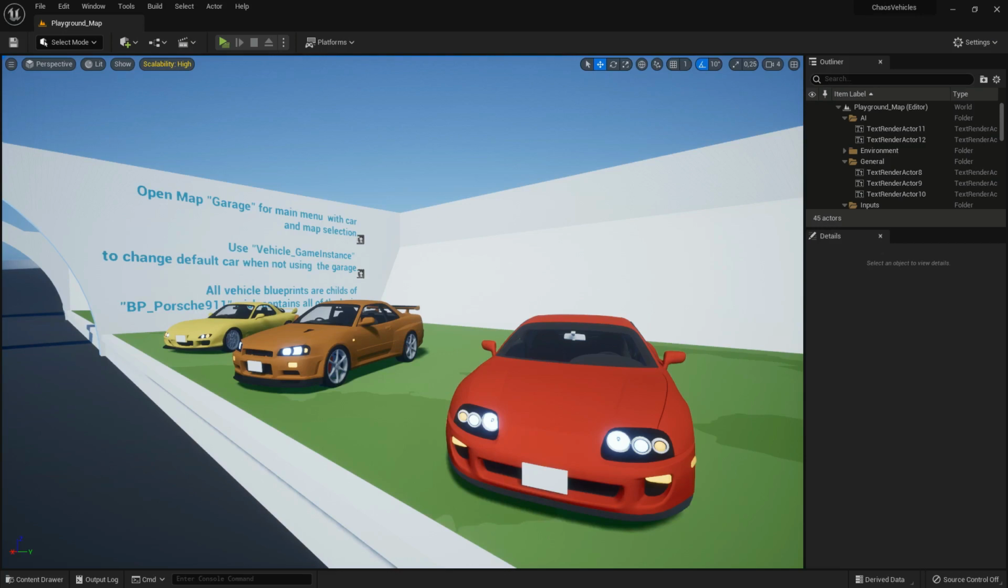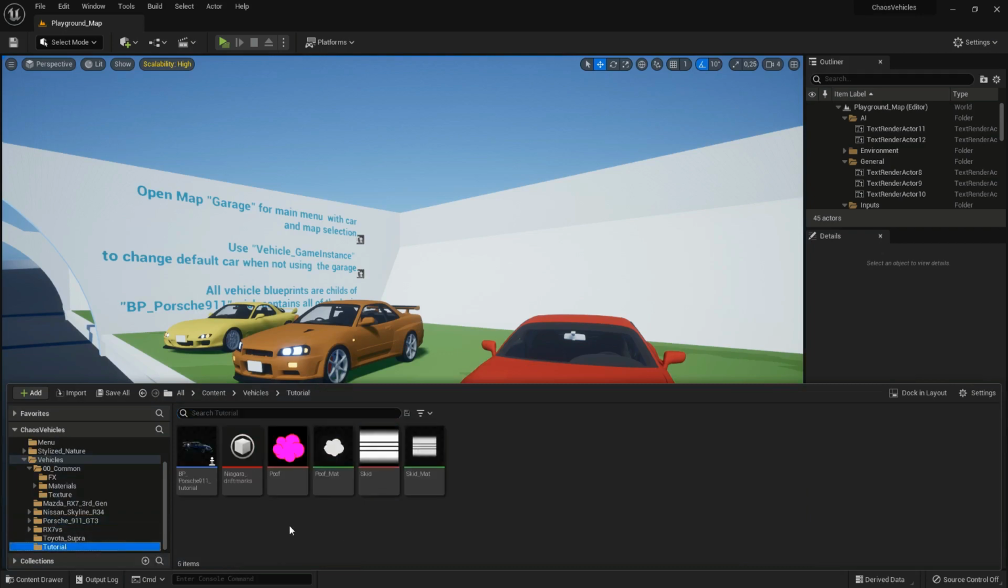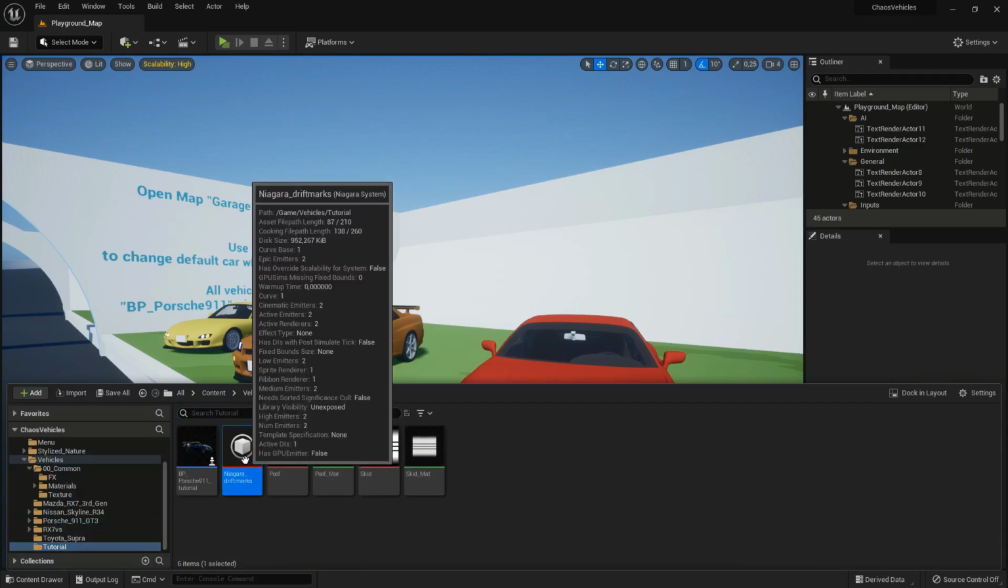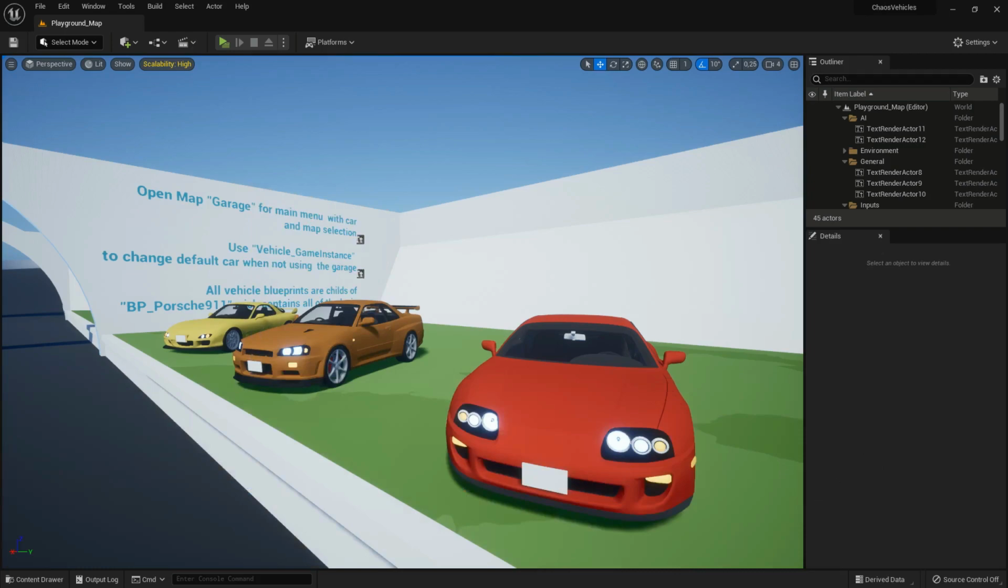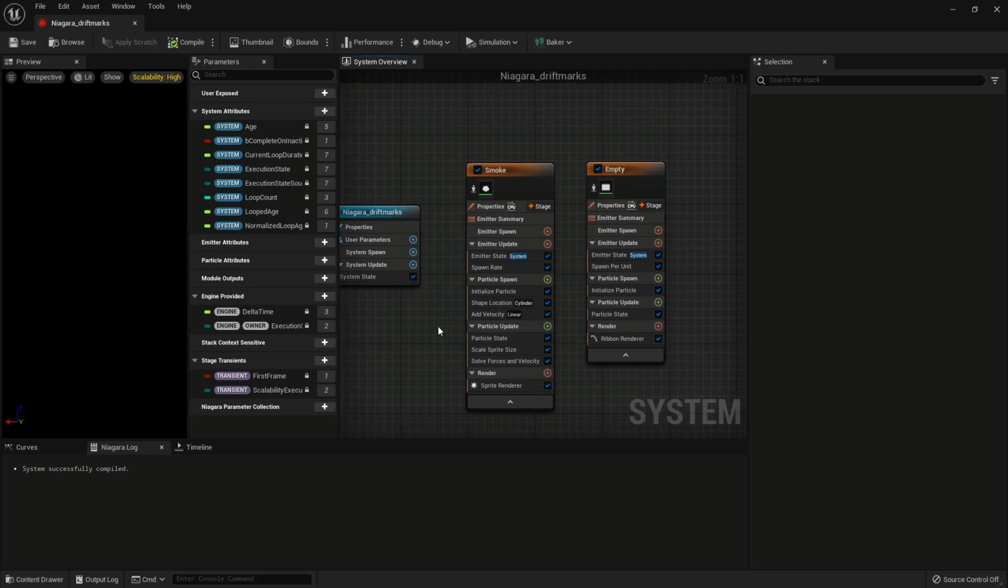Okay, now, first thing to do would be to reopen the Niagara emitter system we've made in the last video. So let's go to my tutorial folder. That was Niagara drift marks. We're going to add a couple of variables to it in order to be able to control them from the vehicle blueprint, and those are going to be the spawn rate for the smoke and also the opacity of the skid mark. So to do that, let's go here to the left in the user exposed section,